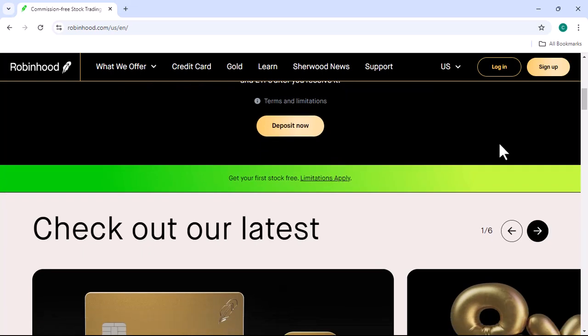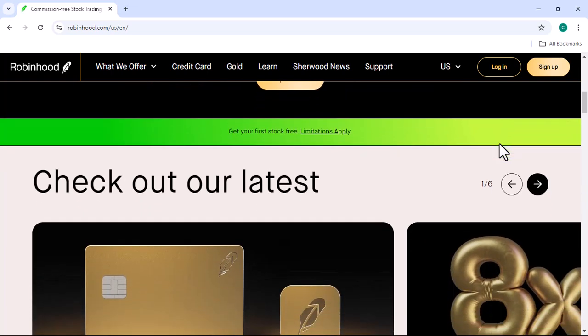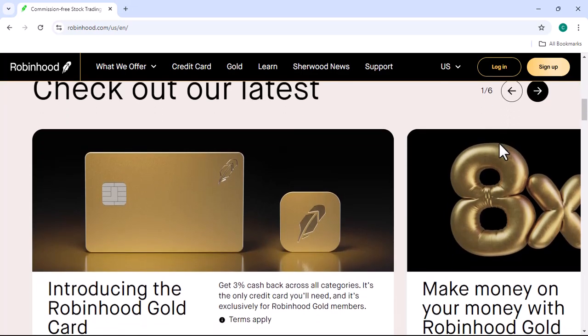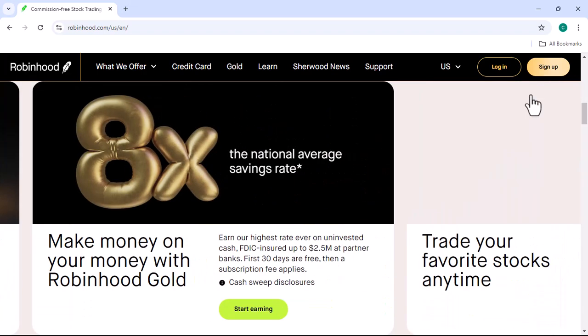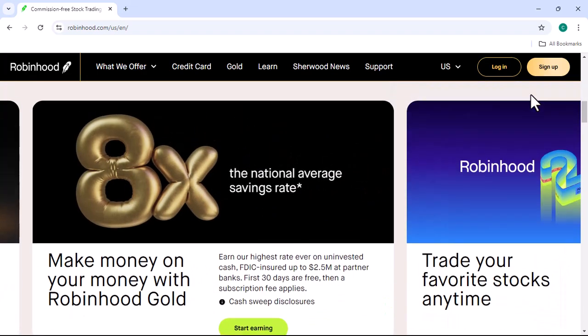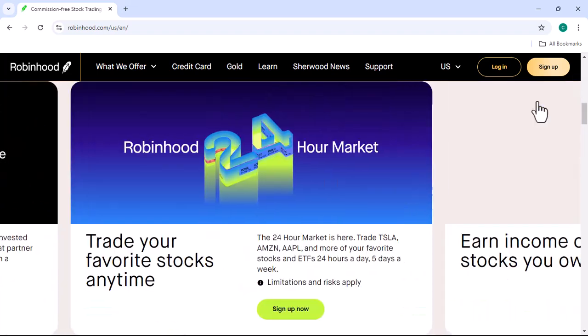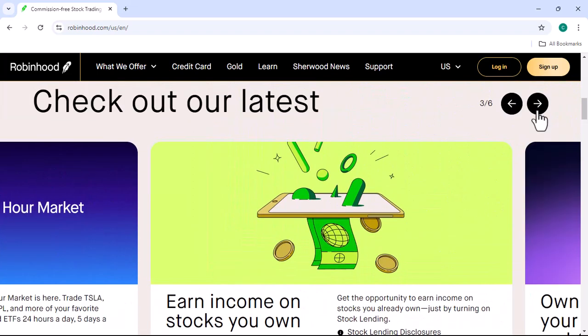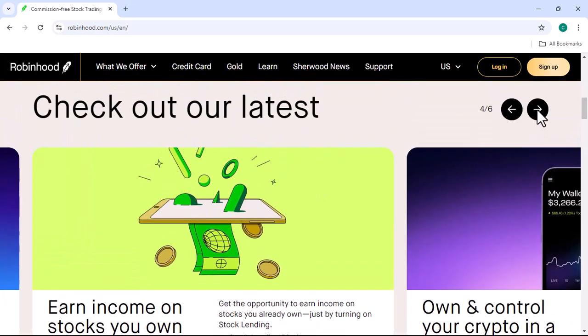Imagine this: you've just made a significant investment and you're anxiously awaiting the market's reaction. But when you try to check your Robinhood app, you can't access your account because your phone number has changed. It's a stressful situation, right? Well, fear not, because today, we're going to show you how to avoid this predicament by effortlessly changing your Robinhood